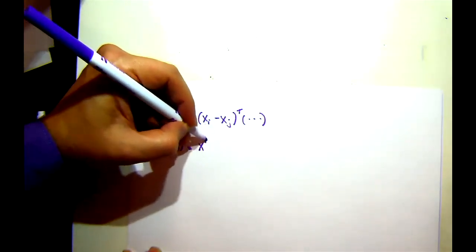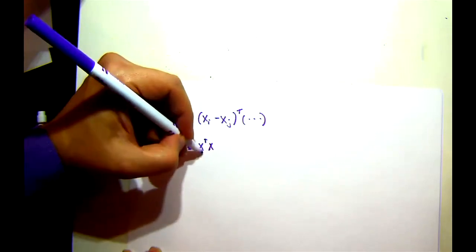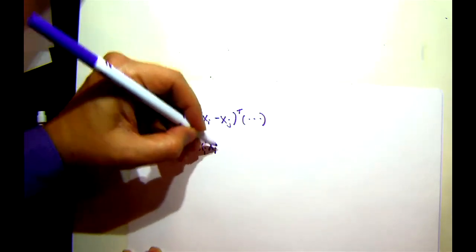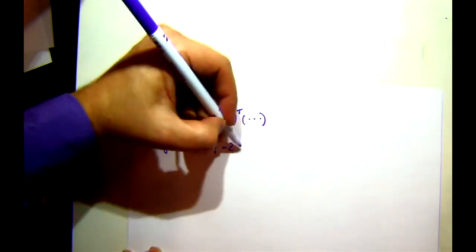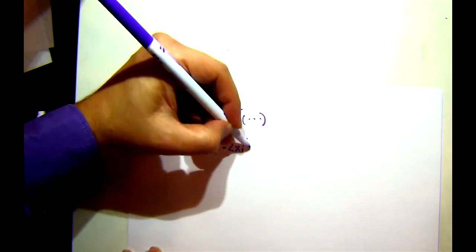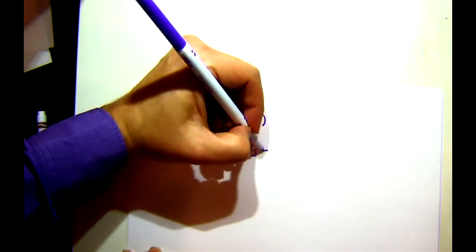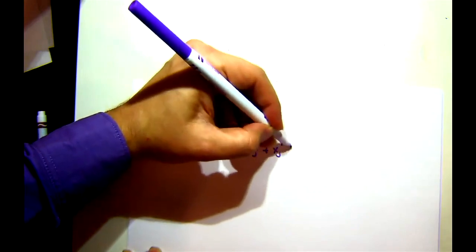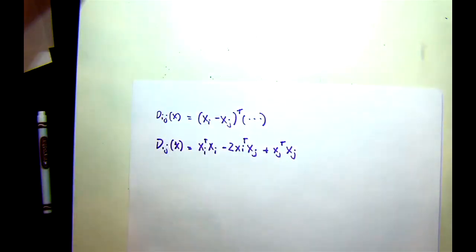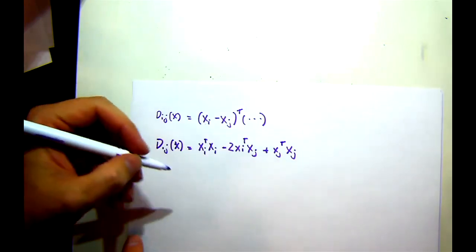equal to some x transpose, sorry, this is I minus I transpose xj plus xj transpose xj. That's just a multiplication of that product. So pretty straightforward. Now, what we're going to do is we're going to do a little